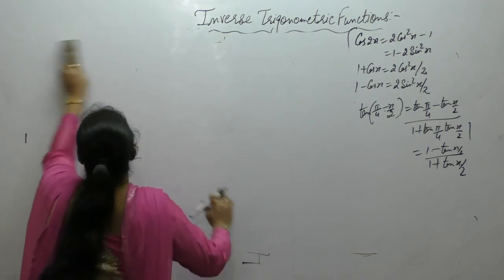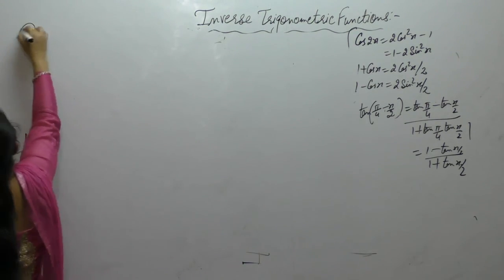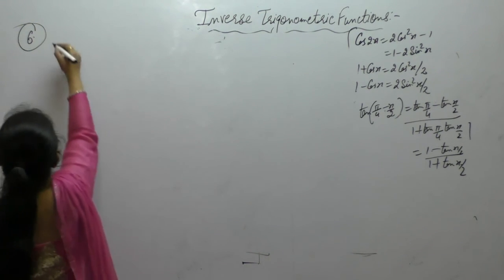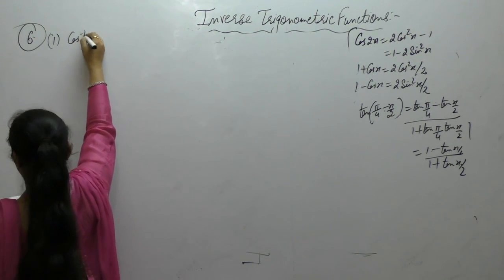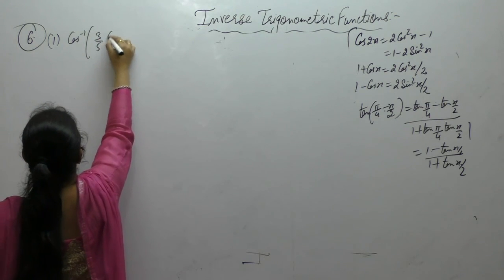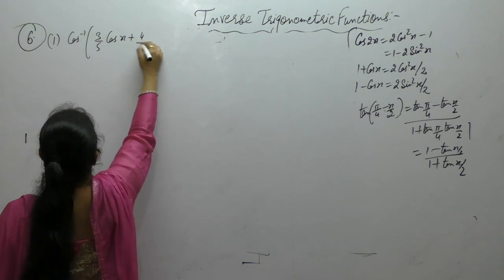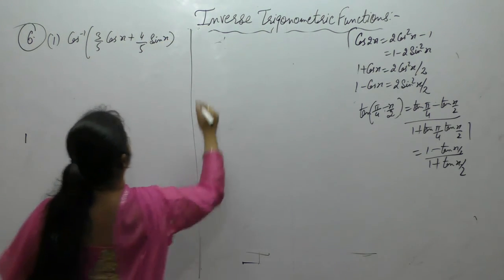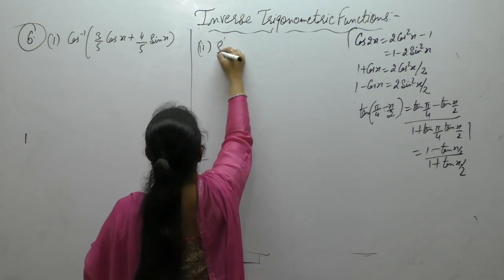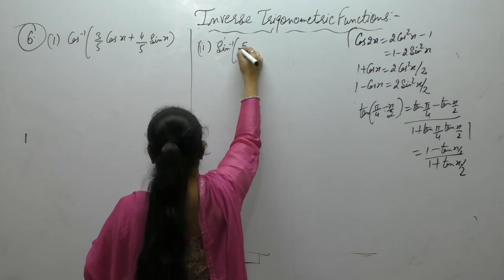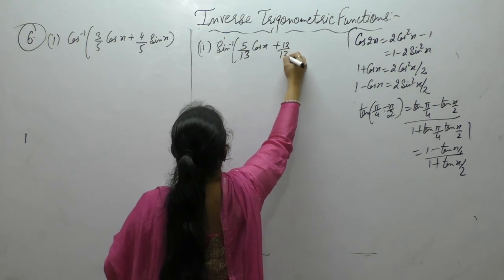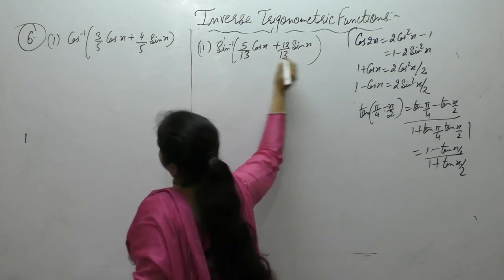Next one is: simplify cos inverse of (3 by 5 cos x plus 4 by 5 sin x). And the second part is sin inverse of (5 by 13 cos x plus 12 by 13 sin x). Now here